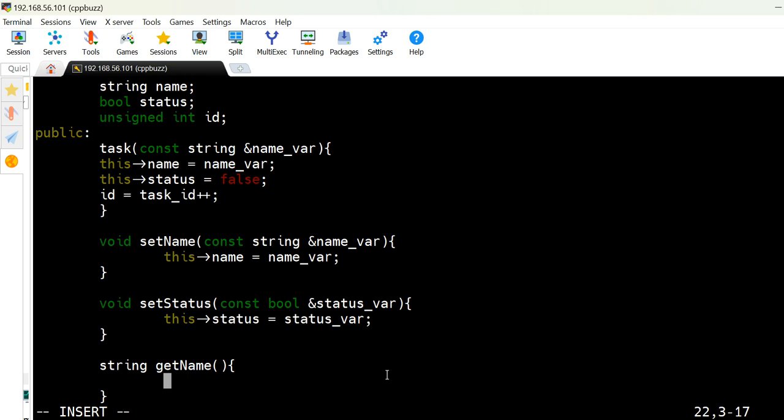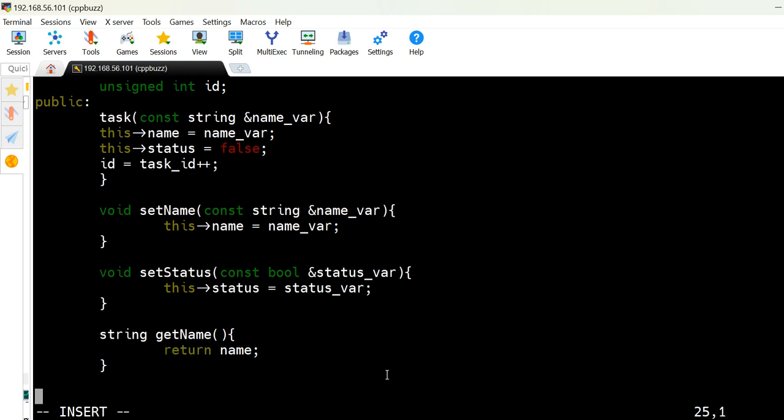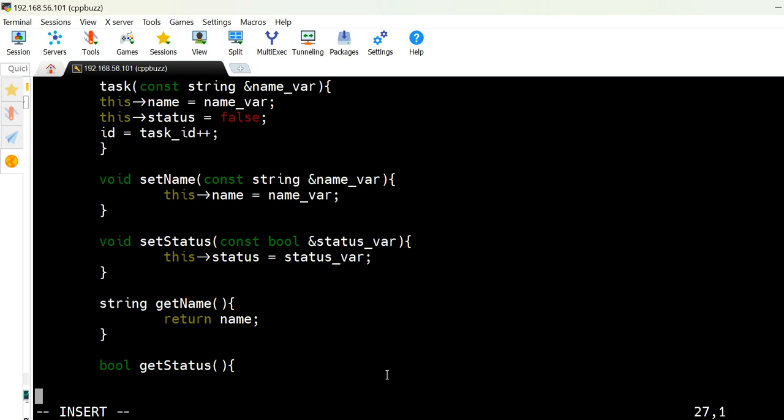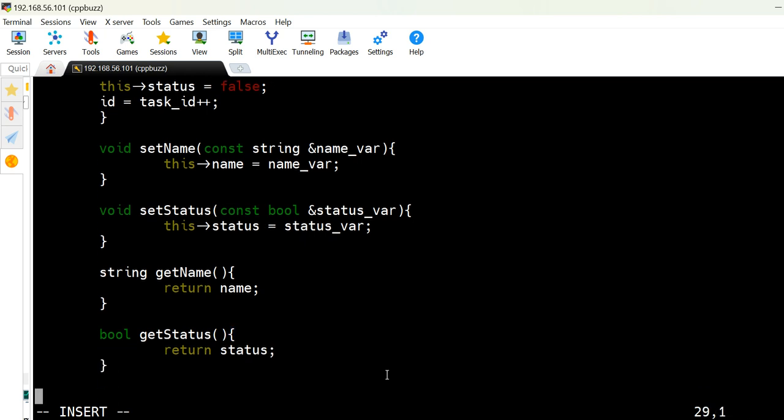So get name will just return name, and similarly for returning the status we will say bool and get status. Now I will say return status. So we have created two methods, and